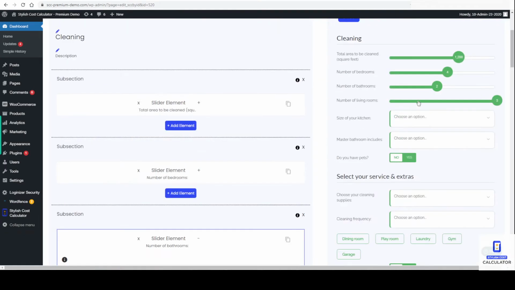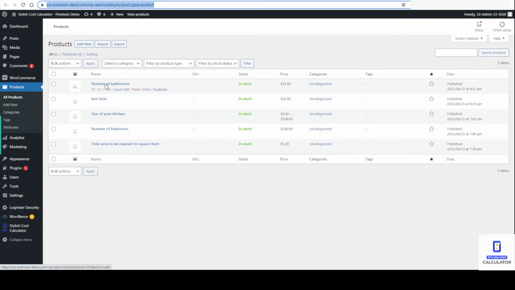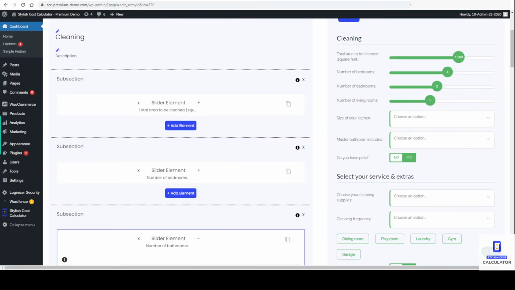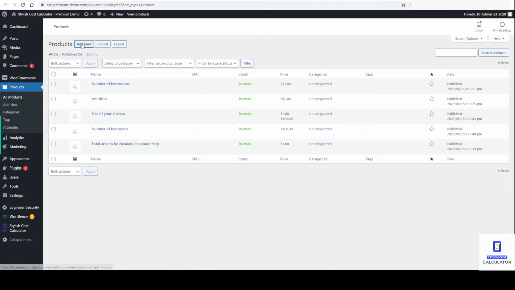So next, let's do a slider. Let's do, for example, number of living rooms. Let's see if that product is here. No, we don't. Actually, we already did a slider, so let's do the drop-down menu next, which is the master bedroom includes. So let's say these are items that can be included in someone's master bedroom. So this has to be the parent title. So we're going to go into add product,